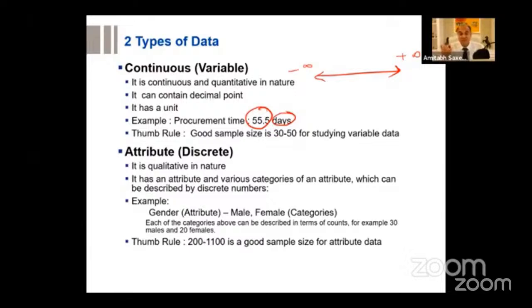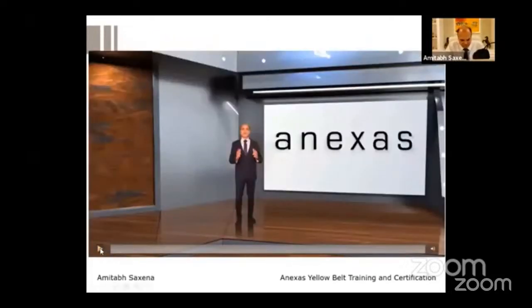Now, attribute data is the data which we feel cannot be measured, like feelings, happiness. These are some of the data which we feel we cannot measure. So a trick to measure such type of data, I will give it to you. First, you create a category. See, every attribute data can be categorized. Now, if you're confused about the category, I will give you a trick also. Whenever you want to measure any attribute, like for example, happiness,